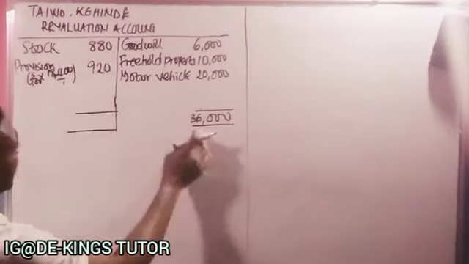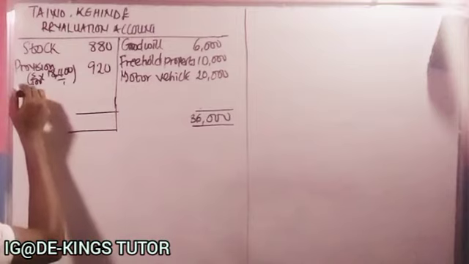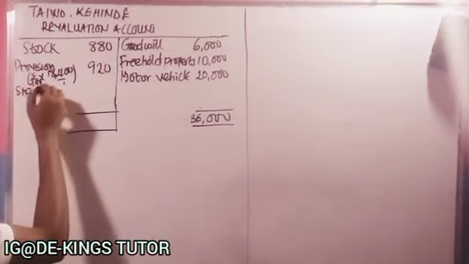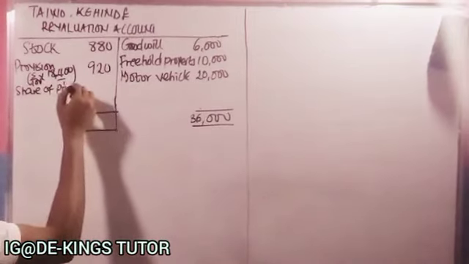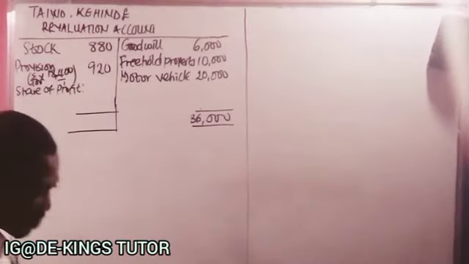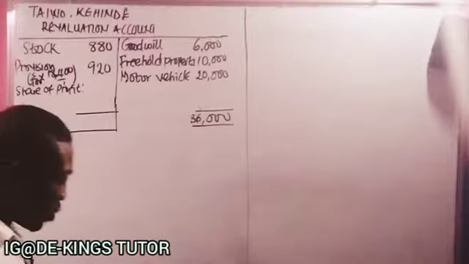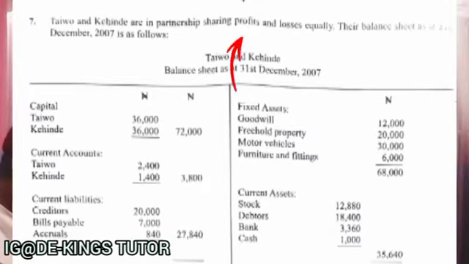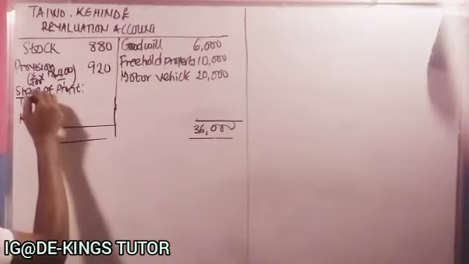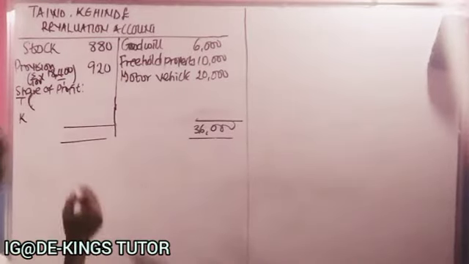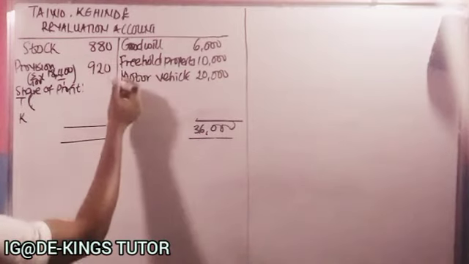Now, 36,000. Now we're going to share the profit. So we have share of profit. Now for Taiwo and Kehinde, if you check in the question, they said the share of profit and loss is what? Equally. So it means that for Taiwo, representing with T, now let's get what would be the